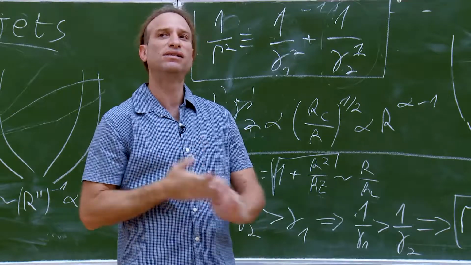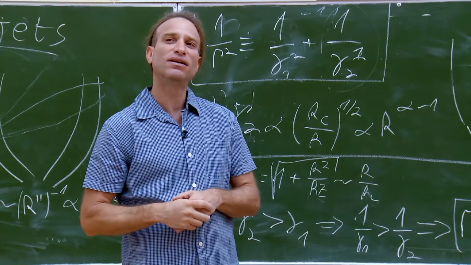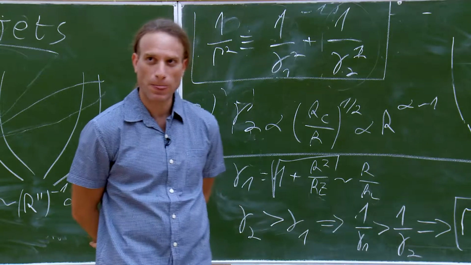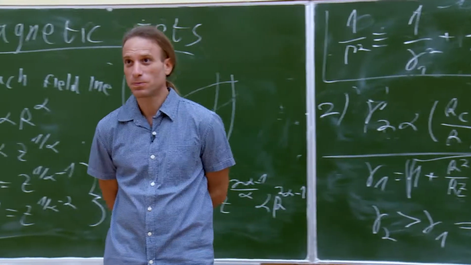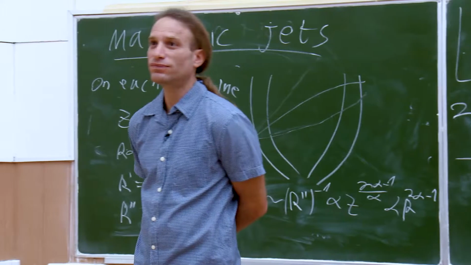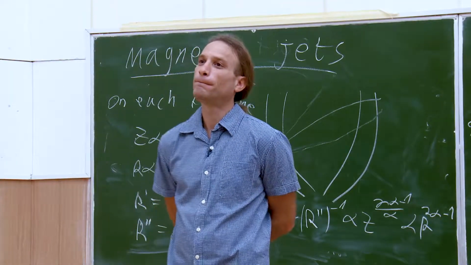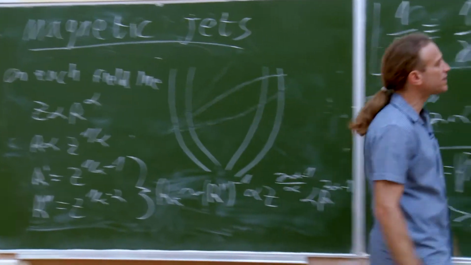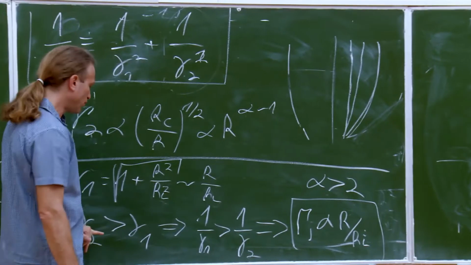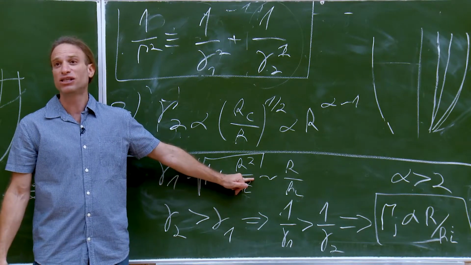Yes? Maybe it's before you mentioned, but I lost it. Do you expect any physical discontinuity when you have the linear acceleration mechanism as the dominant one, and you go to a radius bigger than the light radius? No. It will continue accelerating. What will happen is that at the light cylinder, you started with gamma equal 1, and at the light cylinder, gamma is roughly square root of 1.